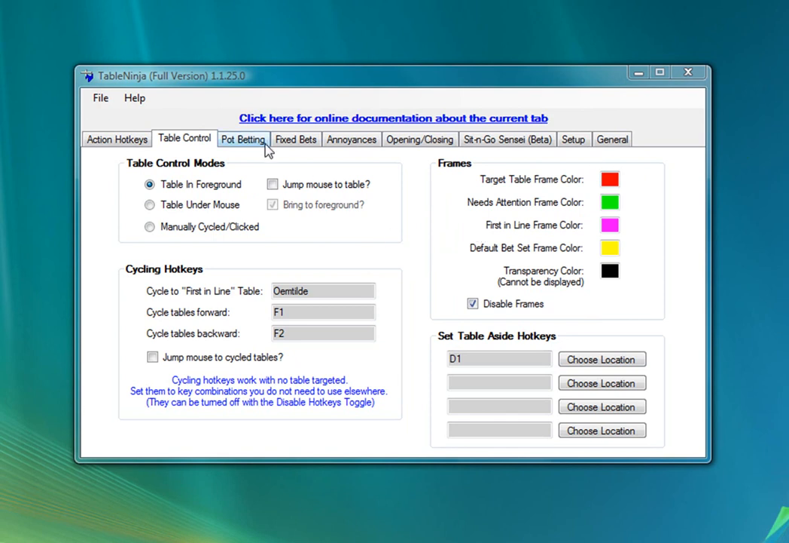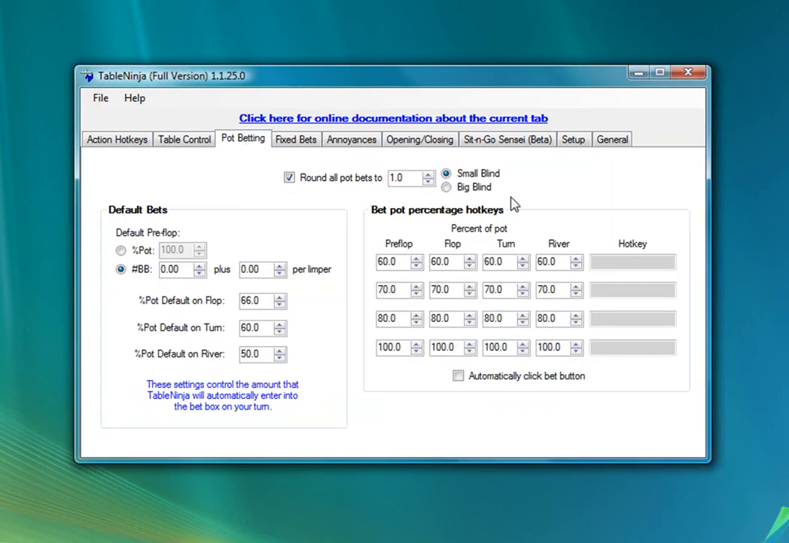So the next step is going to be setting up the pot betting tab. The first thing to look at here is the default bets. These are bet amounts that are going to be entered into the bet box automatically every time it becomes your turn based on the street. So currently I have my post-flop bets set up to be 66% on the flop, 60% on the turn, and 50% on the river. So anytime I'm facing a post-flop decision, this percentage of the pot will automatically be entered in the bet box for me. And this is a really nice tool because if you can get these percentages pretty close to what you usually like to bet, then you can just adjust things slightly with the scroll wheel based on